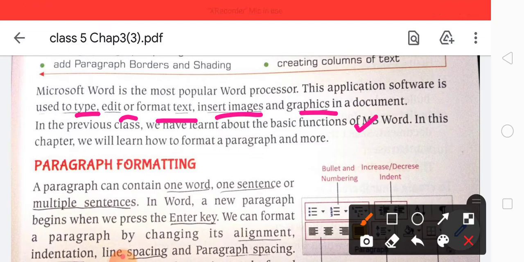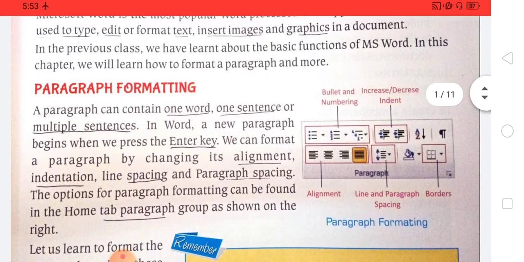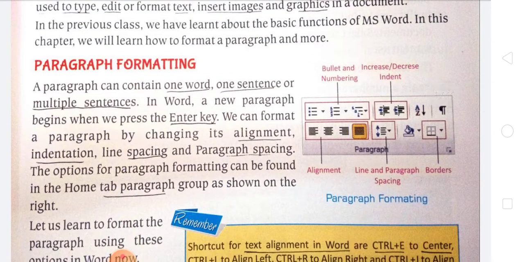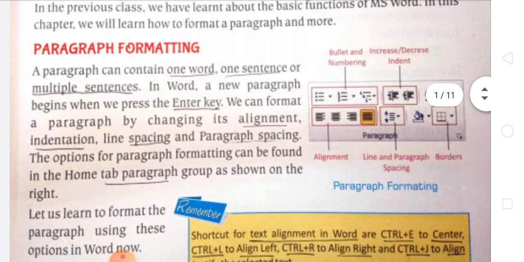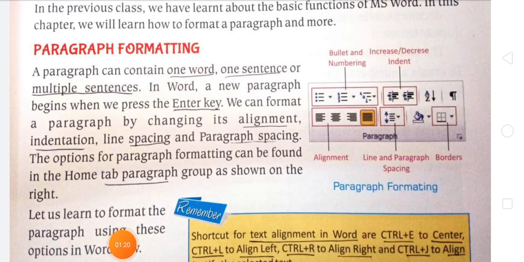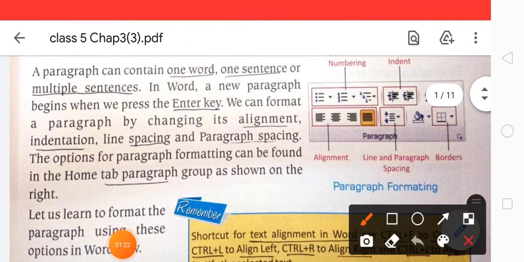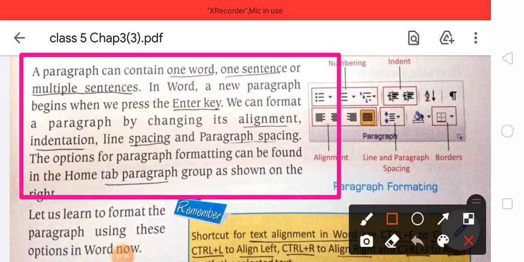So today we see how to format a paragraph, or paragraph formatting. A paragraph can contain one word, one sentence or multiple sentences. In Word, a new paragraph begins when we press the enter key.